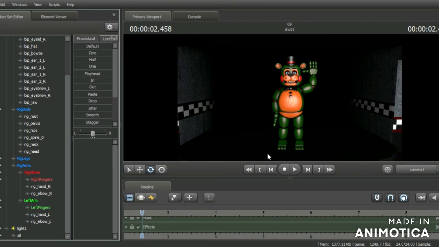This might take a while. There you go. The animation just got exported, and I need to switch my cameras, but if I switch cameras,